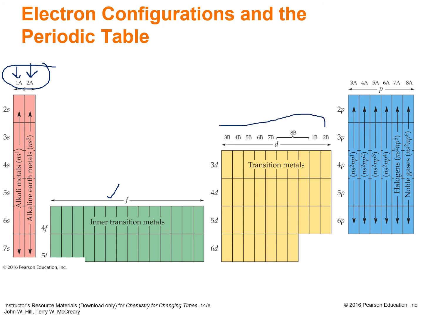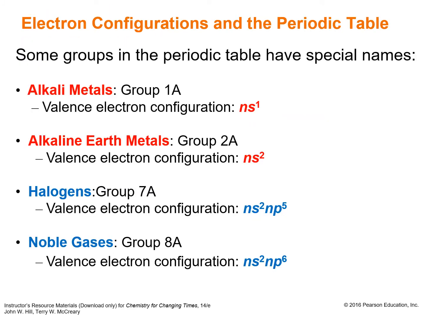Towards the right-hand side of the periodic table you continue with 3A, 4A, 5A, 6A, 7A, and 8A. Group 7A are called halogens, and group 8A are referred to as the noble gases or inert gas elements, depending on their properties. So some groups in the periodic table have these specific names. The 4 groups that you are expected to know are the alkali metals,